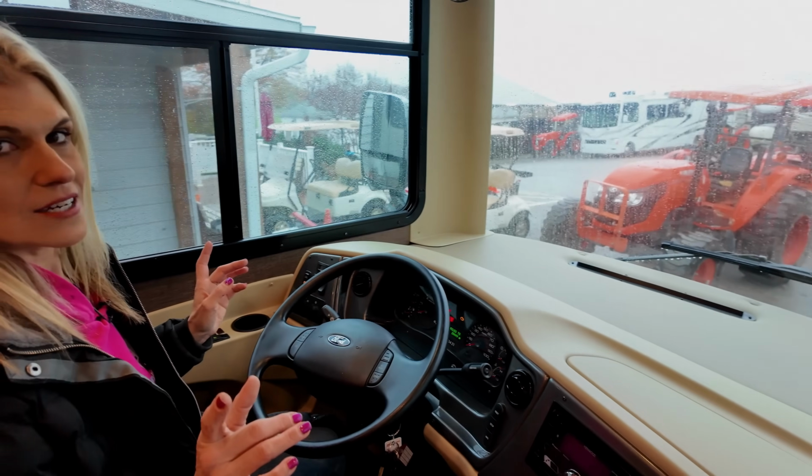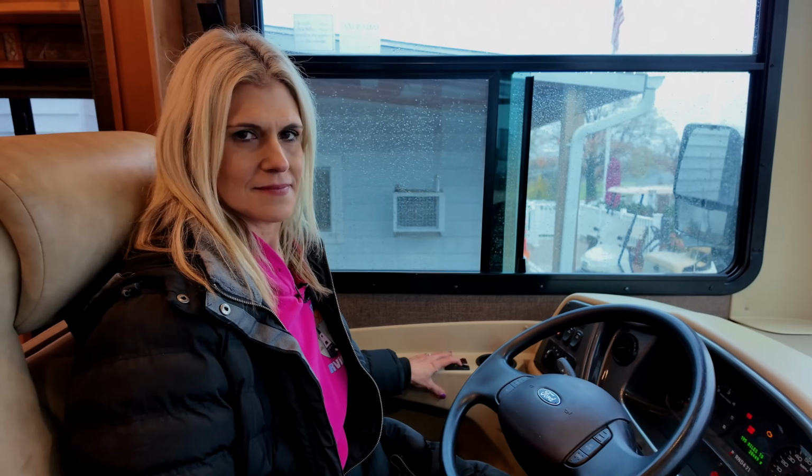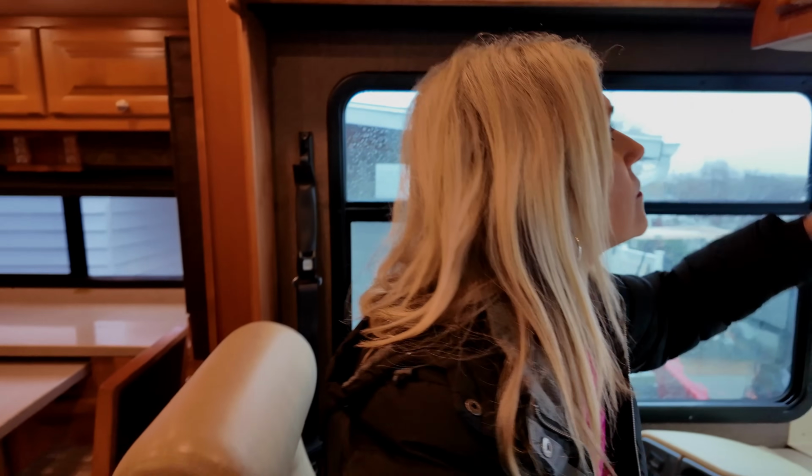This is very cool, actually. This is not something you see a lot now. In the comments below, let me know if you've seen this on any current Class A motorhomes or anything else. That's cool. You have a powered driver's side window. I really like that. Above this, you have all, again,